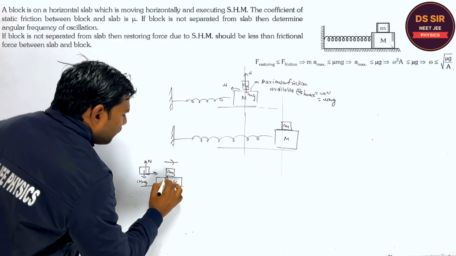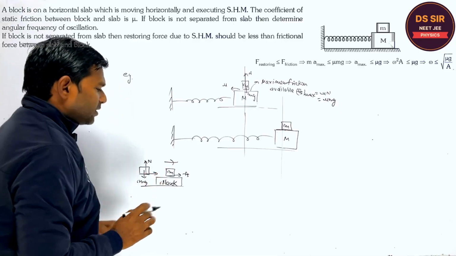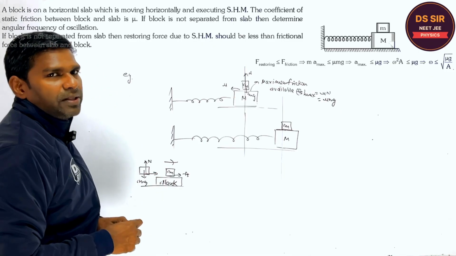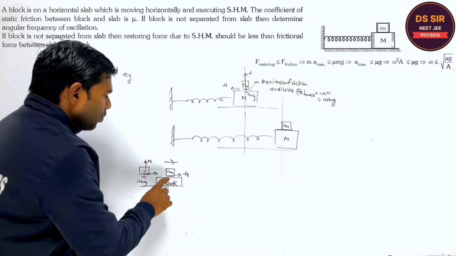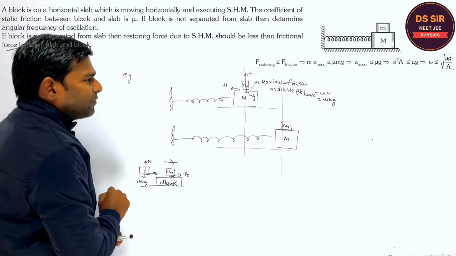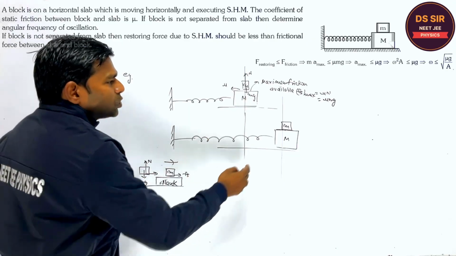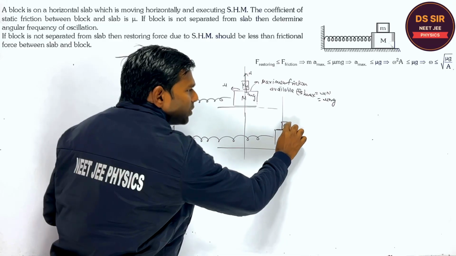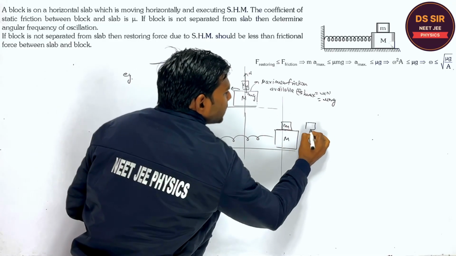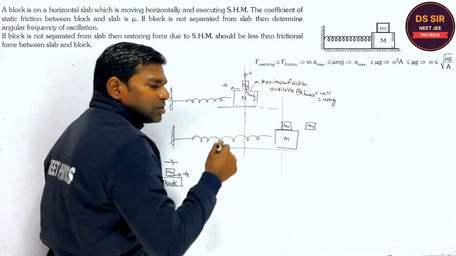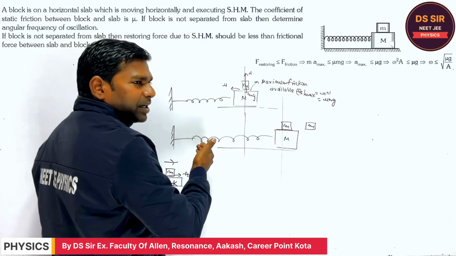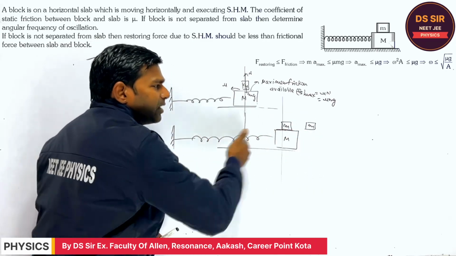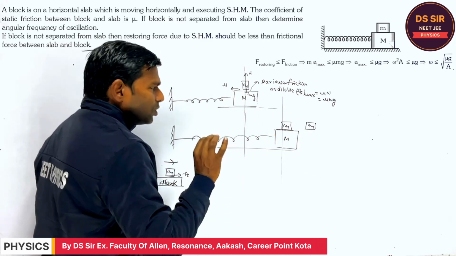Friction. This is the friction acting over here. The static friction will be there. Are you getting or not? What is the maximum value of this static friction? Mu into N. So when it is moving left or right, if you consider this FBD, the friction is the only cause which is taking it left and right. Are you getting or not? So you tell me,